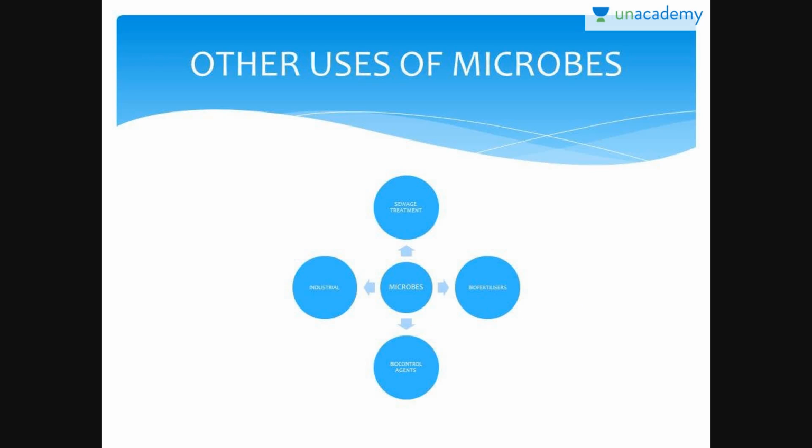There are other uses of microbes, like microbes are used in the production of biogas. Microbes are used as biocontrol agents. Microbes are used as biofertilizers, like cyanobacteria such as Nostoc or Anabaena. They are used to fix atmospheric nitrogen and act as biofertilizers, especially in the paddy fields. Then, in cases of biocontrol agents, examples like ladybirds and dragonflies are used to get rid of aphids and mosquitoes. So, biological means to eradicate pests can be used.